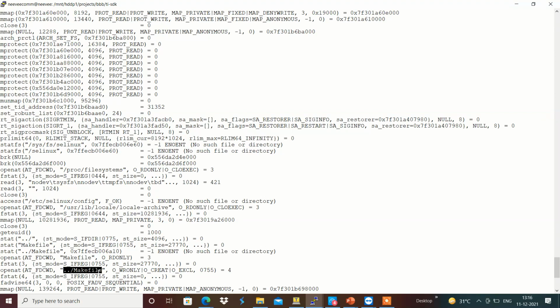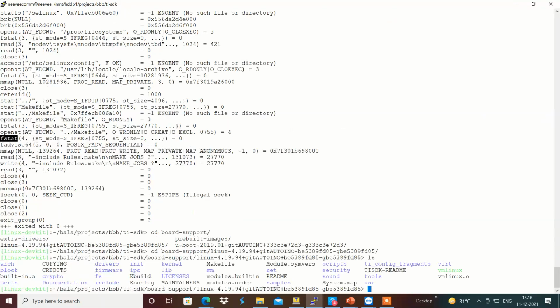This is done with the help of the openat system call, and it updates the fstat. Those kinds of system calls are initiated from the user space application CP over here.